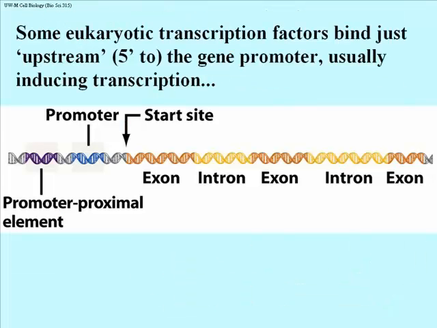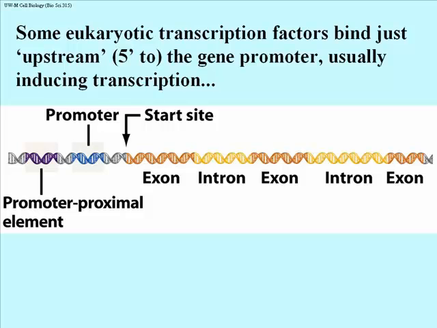So, we talked earlier about proximal and distal DNA binding sites for transcription factors. So let's look at DNA and see how these are organized. Now remember that most eukaryotic genes are split genes. They have exons and introns. Here's a piece of DNA alongside a gene. We see the start site of transcription. We see the promoter. This is the sequence, usually it's called a TATA box, along with associated elements that form